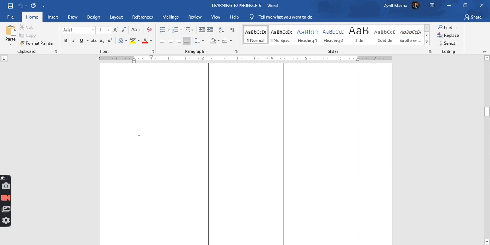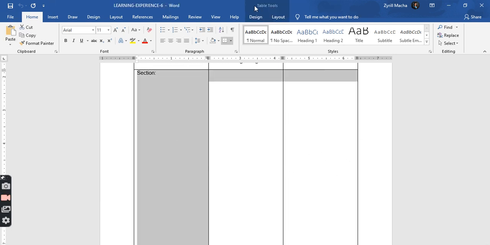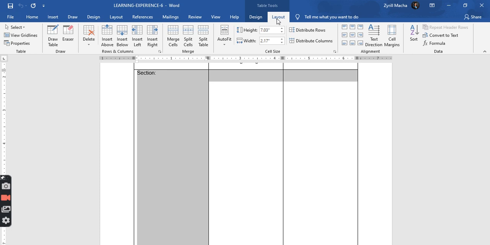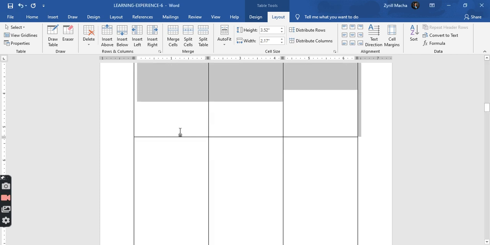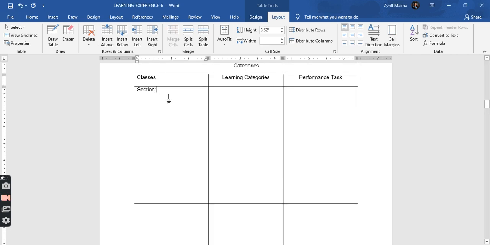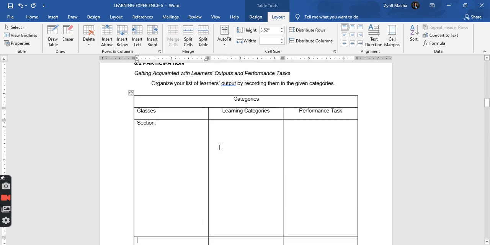So kung dalawa, pwede nyo hatiin itong ating table sa dalawa. Ayan, so gawin nyo lang siya. Ayan, para maging dalawa siya. So, this is for section, let's say for example, section 1 and then section 2. Kaya grade 10, blah, blah, blah. Grade 10, ganyan, ganyan. Kung anong section nila. Tapos, on learning categories,